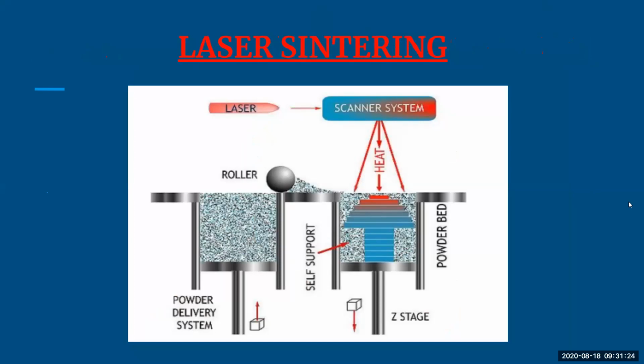Next is laser sintering. Laser sintering is a powder-based 3D printing technology where it uses powder, and a laser that helps you fuse the materials into your final part. Whatever you want as a model, you first have it in powdered form in your roller. Then the roller, with the help of the laser, will help you design your model, and you are going to come up with the resultant model. So here you use a powdered form of any material that you want as a resultant model.